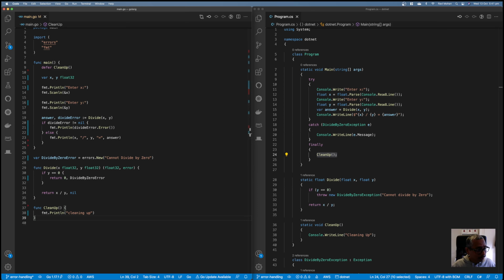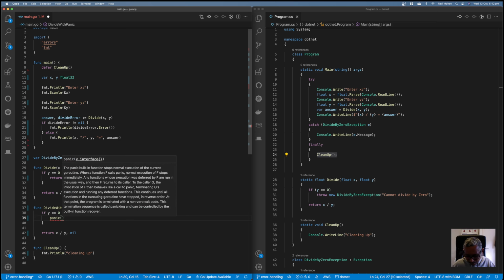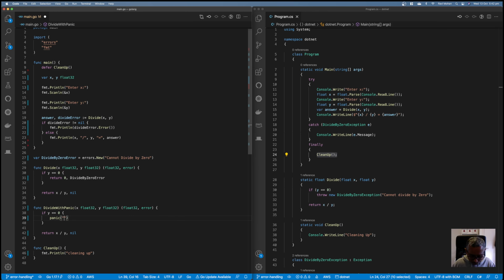And the second thing I want to discuss is, here we are returning a particular exception back. What happens if there is no way for you to continue and you want the program to crash, or you want to throw an exception, you can't continue any further. So let's do that. Let's copy that method and call this method divide with panic. And here, instead of returning this error, let's panic. So there is a function called panic in Golang. What it does is it basically returns an unrecoverable error. In C#, you would call that like a critical exception, and this is where you throw the yellow screen of death. And we can give a message,